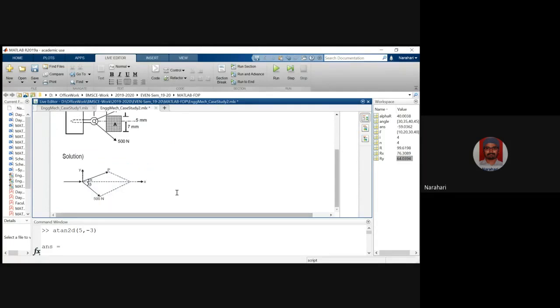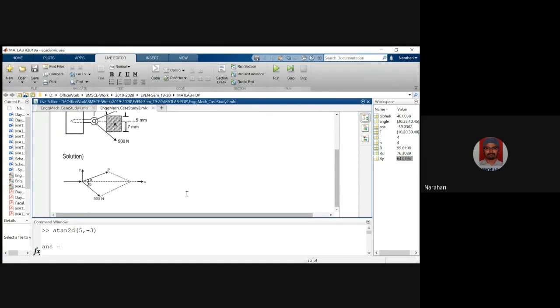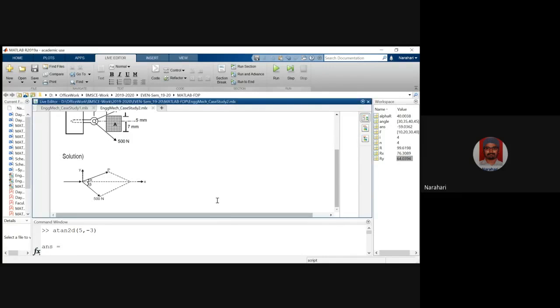Right? So this is the free body diagram. Okay, P and 500 kilonewton is there, and then there is a resultant T. That T is not visible here. This is the resultant T. Okay, x direction, y direction, alpha and beta. We are taking this inclination as alpha. That is, P is inclined at alpha to the x direction, and 500 Newton is inclined at beta to the x direction. Okay, fine. Now, if you write the force equilibrium equations, if you sum up the forces along the